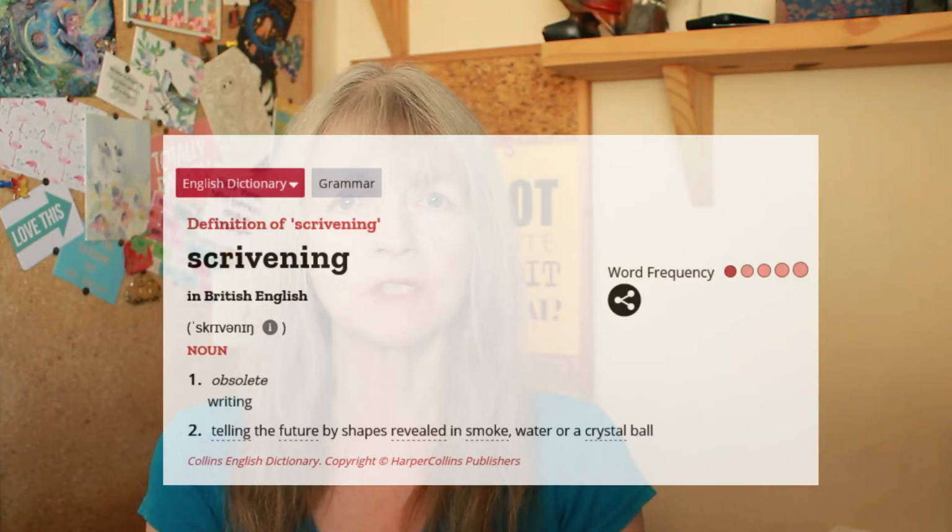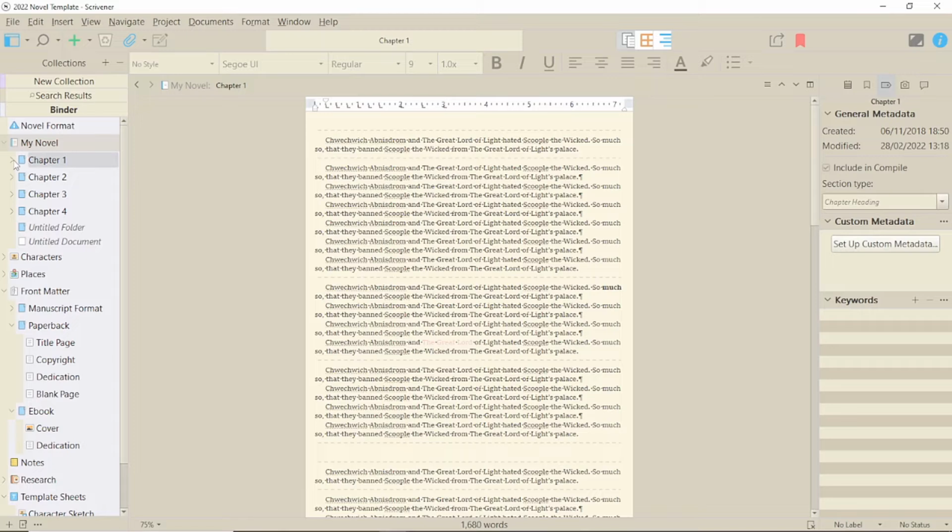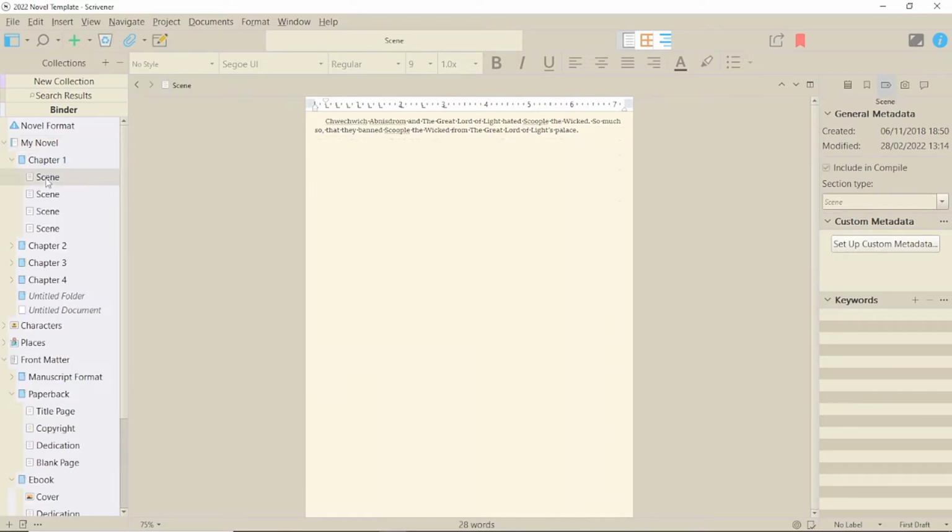What are scrivenings? Literally, they're writings, and obsolete, according to the Collins Dictionary. But the magic definition isn't? Interesting. Well, scrivenings are still what you have written, but it more specifically refers to a type of view in